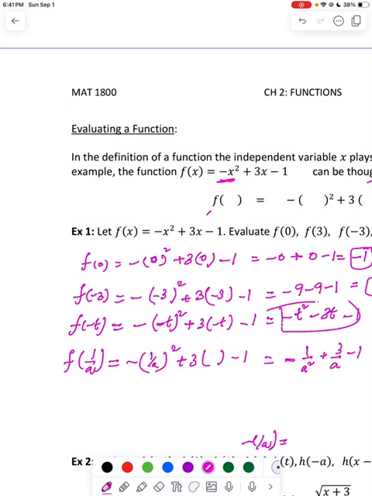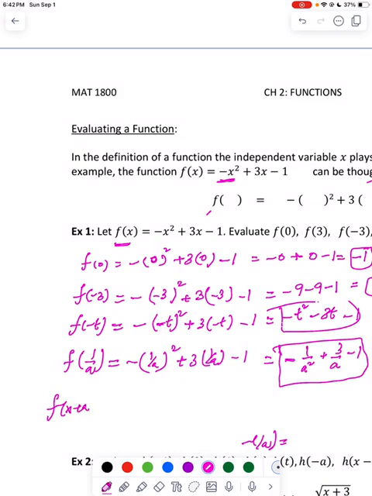So when I square the 1 over a, it gives me 1 over a squared, and then there is a negative sign in front, so it becomes negative 1 over a squared. Now plus 3 times 1 over a. So 3 times 1 over a is 3 over a, and then negative 1. So that is what we get. The last one, same thing. So we have f of x. Remember, now in place of x we have x plus a. So f of x plus a